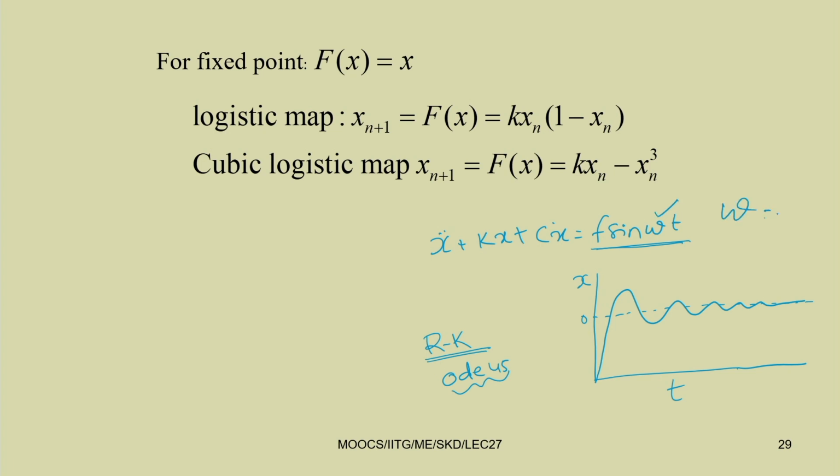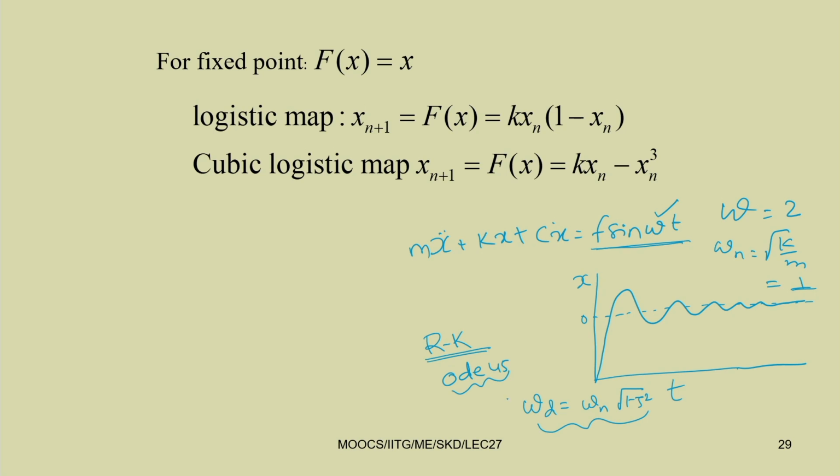In case of forced vibration also, if you have a force, for example, let omega equal to 2, and omega n, which is root over k by m, be equal to 1. In that case, the system will have two frequency oscillations. One is omega n equal to 1, and you can find omega d. Omega d equals omega n into root over 1 minus zeta square. This is the damped natural frequency.